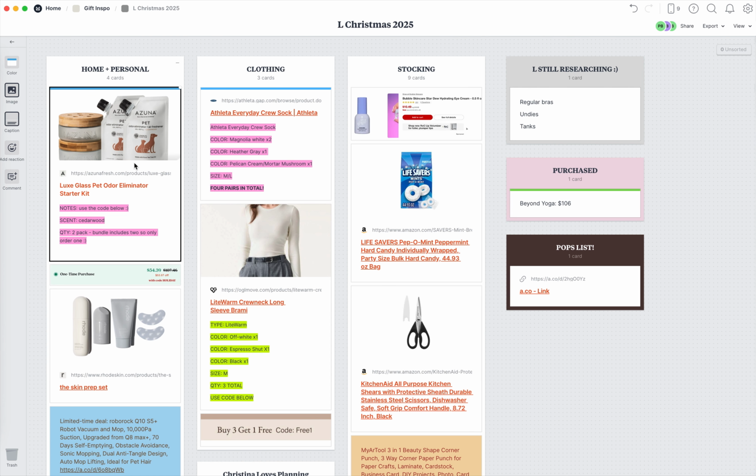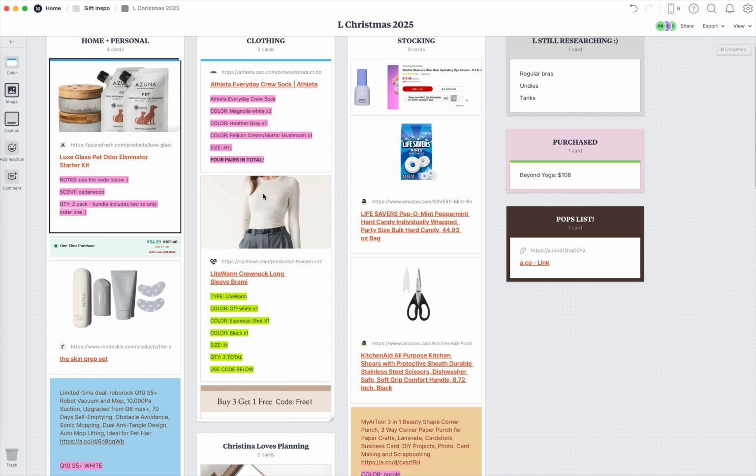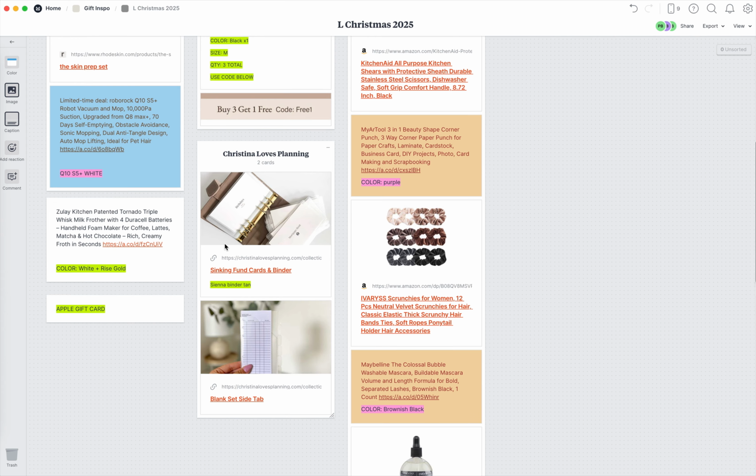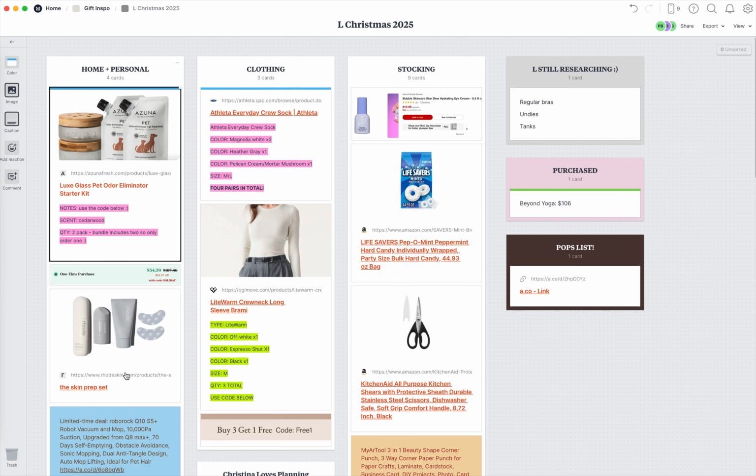And then, the color coding: I've got a couple of things going on here. The pink was just my way of saying these are notes for you to look at at some point in time. And then they asked me to put a couple more things on my list, so I added new things in green just so they could see these are the new items for them to go in and order. And then at the top of the little cards here, these are called cards, I've indicated in blue what has arrived. So they've sent things to my house directly